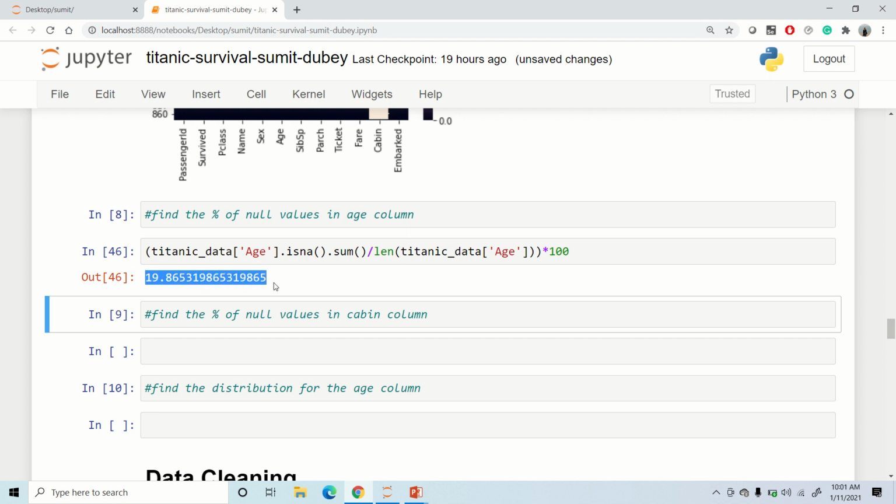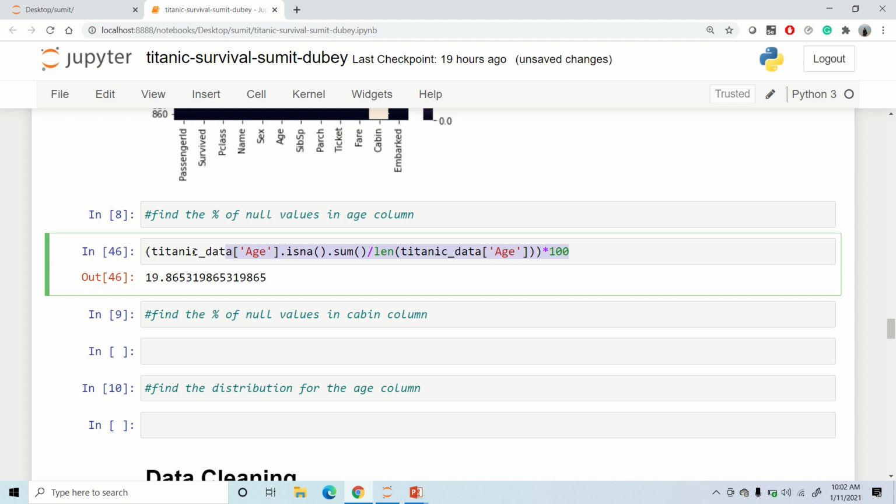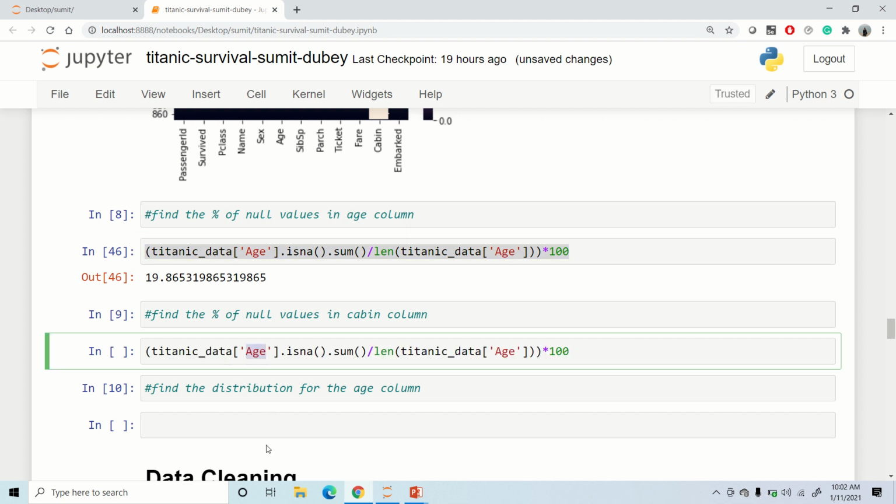With this we can conclude that we can impute some value in our age column so that null would not appear, since the null values are 20%, which can be imputed. But in the case of the cabin column, let's make use of the same code here. Just replace age with cabin, so I'll say this cabin, and here as well cabin.